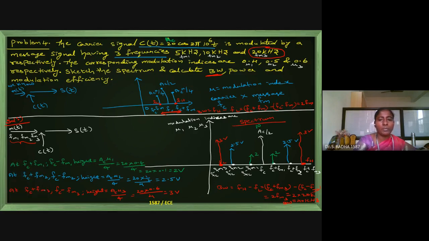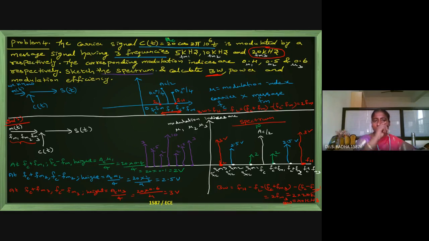So how the spectrum will be: center FC frequency, then right side 3, left side 3. At center we will have 10. Then here it is 2, 2. And then after 2 it is 2.5, 2.5. After 2.5 it is 3 and 3. Okay, so this is the spectrum. Spectrum means both positive and negative sides, both you will have the amplitudes. You know how to write the frequencies on x-axis. Instead of plus FC, minus FC will come. Bandwidth we calculated, we completed the spectrum.